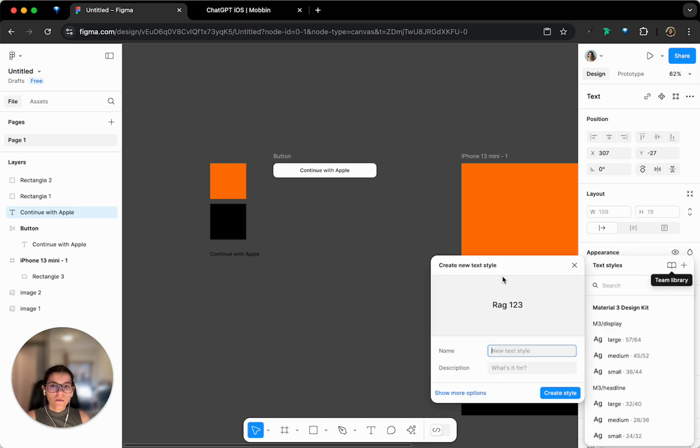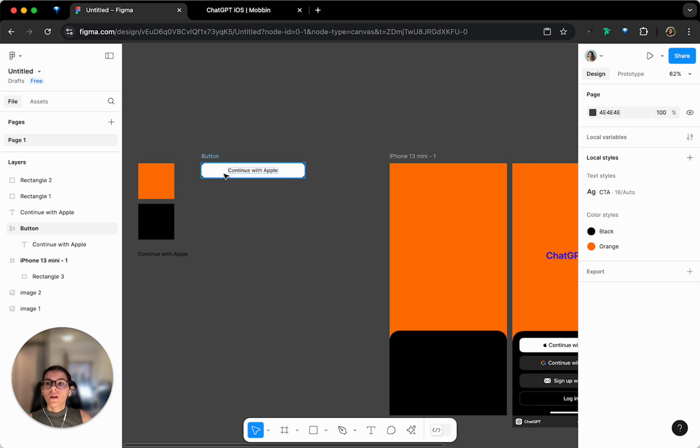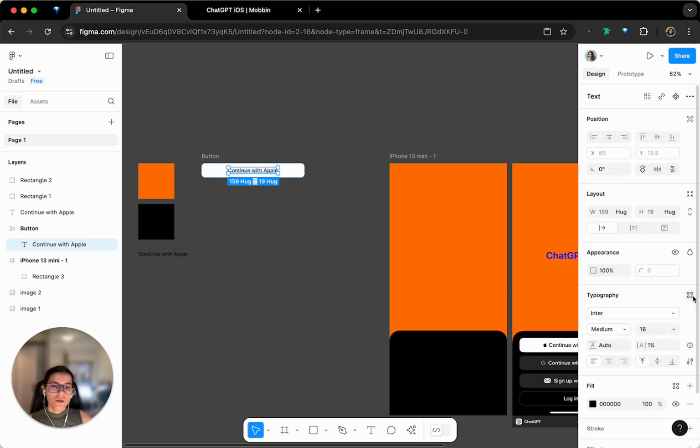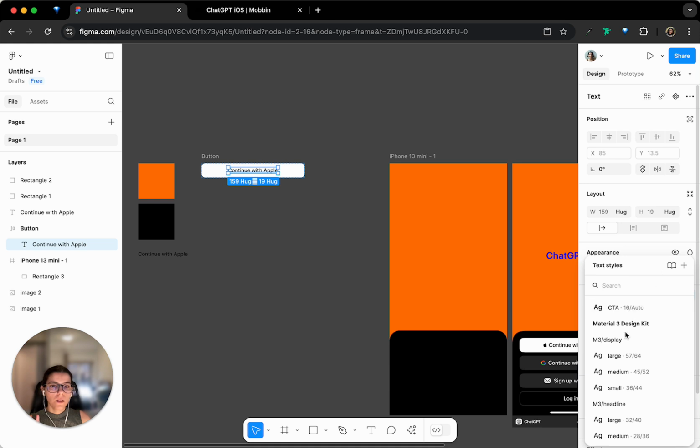going to plus, and I'm gonna be calling it CTA because this is the font that is being used on the call to action, like the actions that we have on the screen. So I'm gonna use this as a CTA. For now, we can rename these text styles and also the color styles and everything later. So create style, awesome. So I'm just gonna make sure to now come here on apply styles, and these other